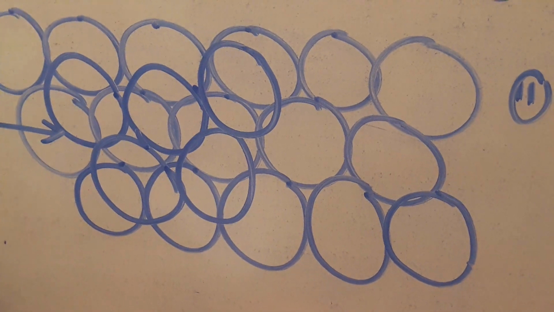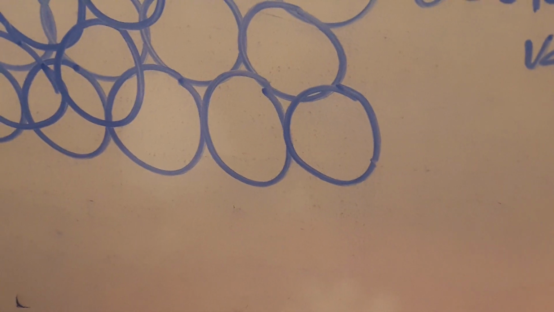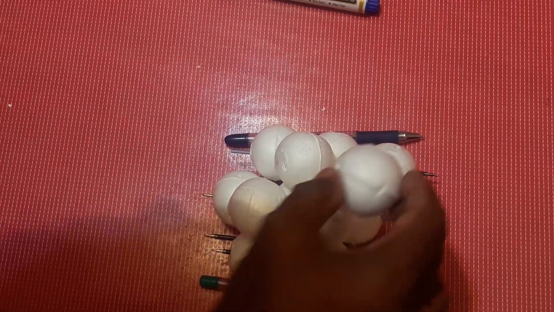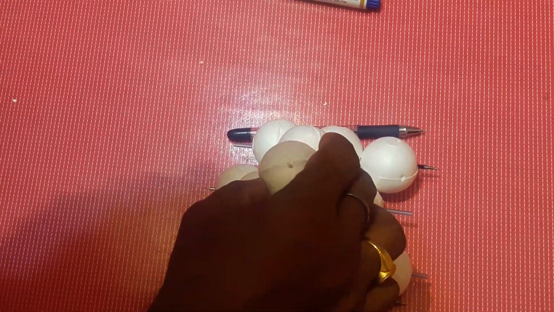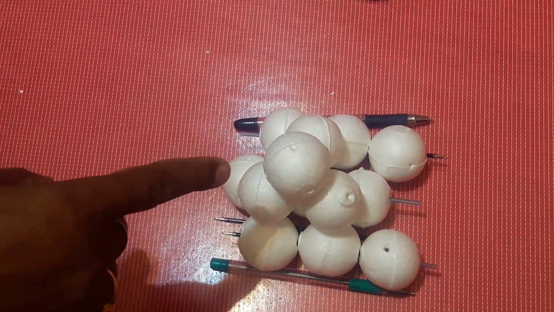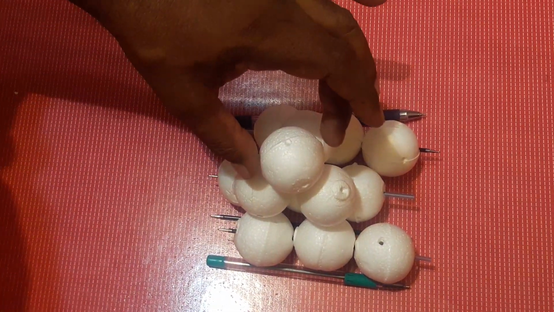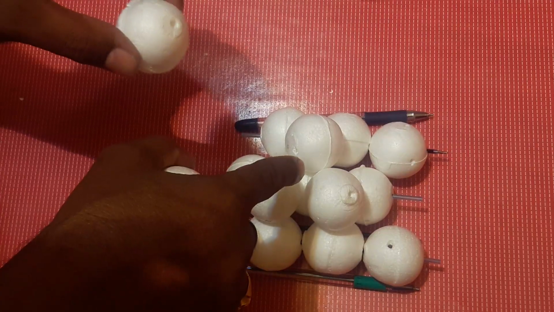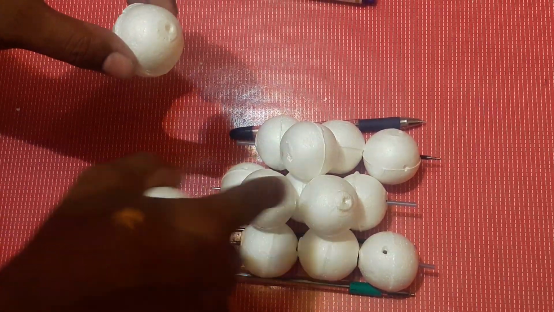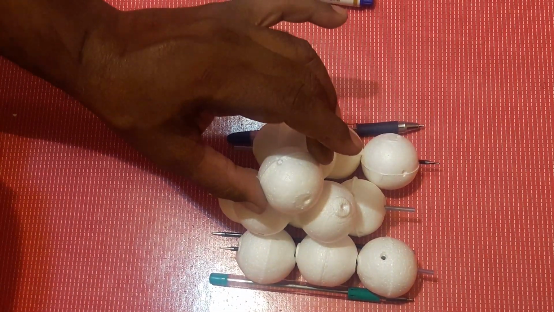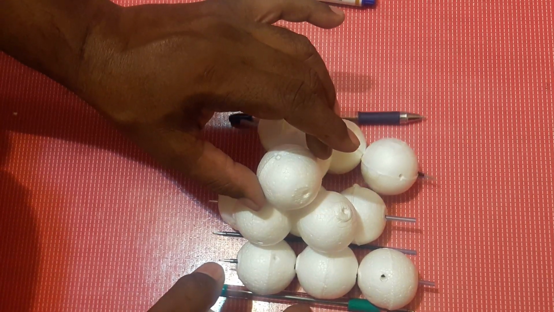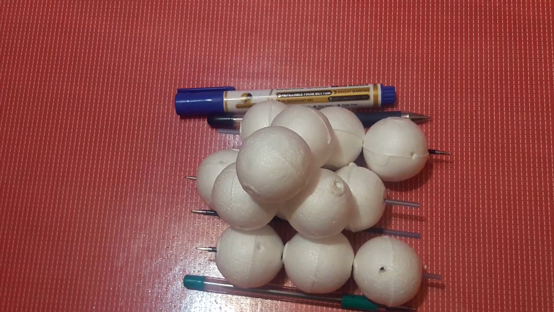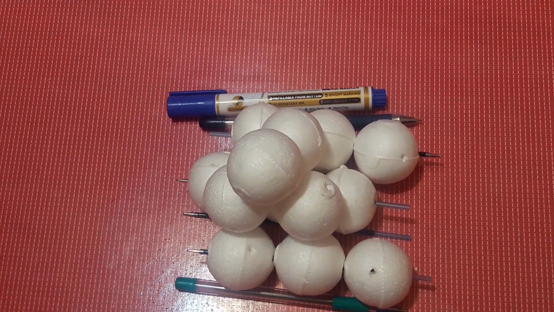Okay, after filling this, see again now we have to put. So now here we can create a third layer by putting a point here. When you put this point, you see this point lies directly on the point of the first layer. This is called a tetrahedral void. 1 2 3 4, this is the 4th point. This is called a tetrahedral void. Such type of packing is called hexagonal closed packing. Okay, the tetrahedral voids are occupied in the third layer.